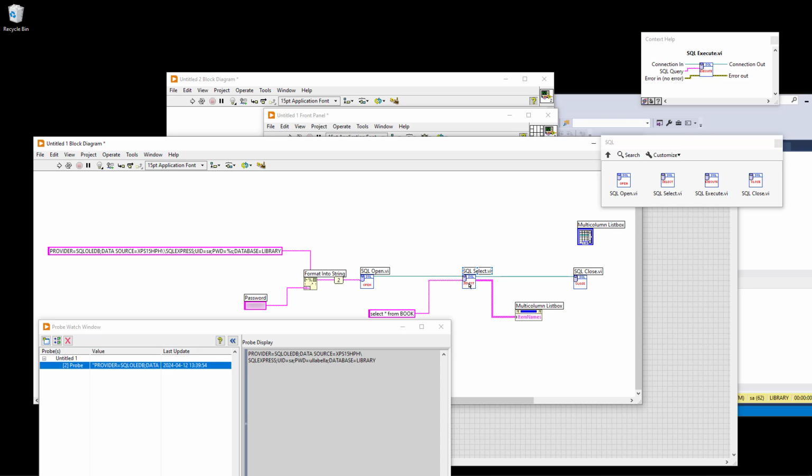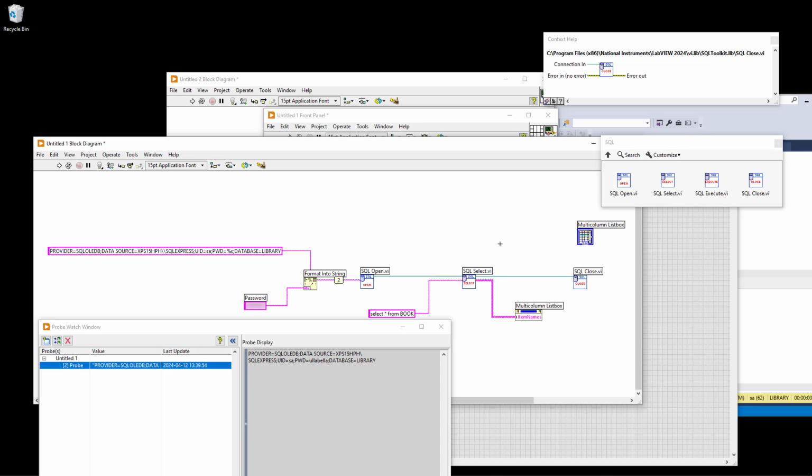You use SQL execute here in order to insert data, delete data, or update data that already exists in the database. If you want to retrieve data from the database, you use SQL select,